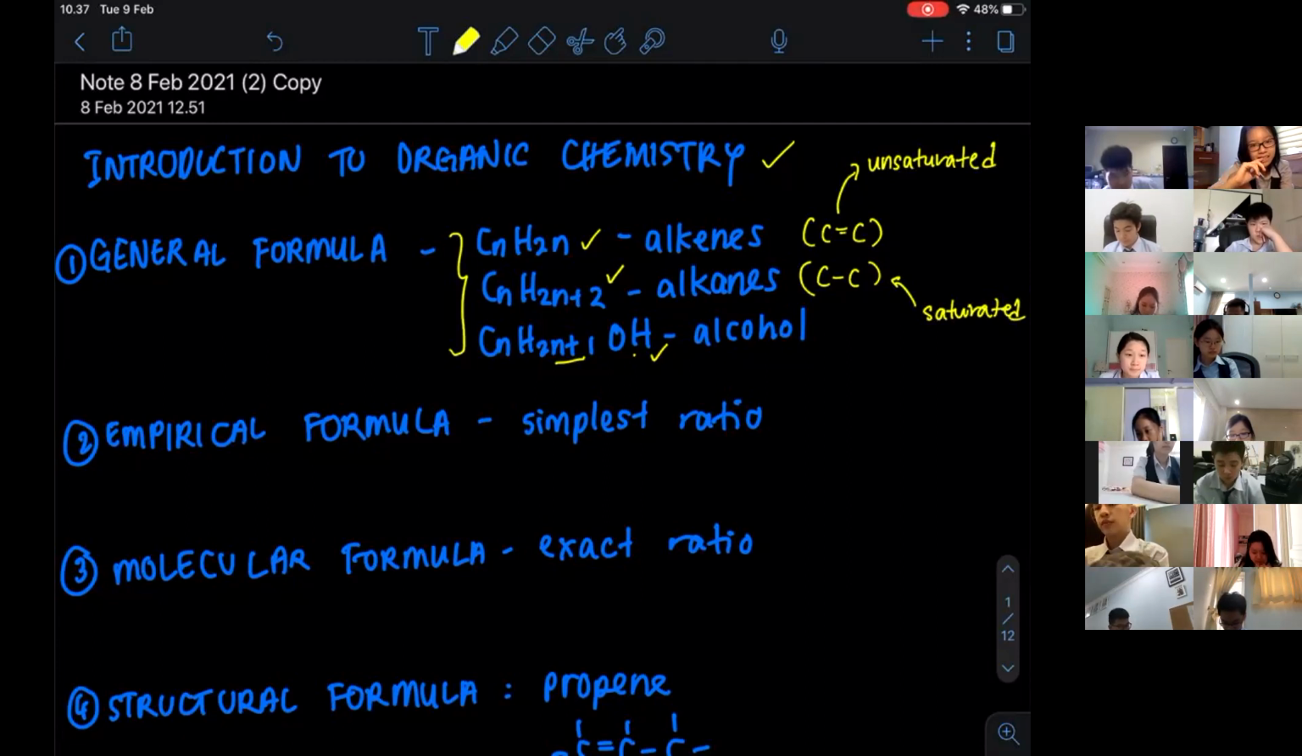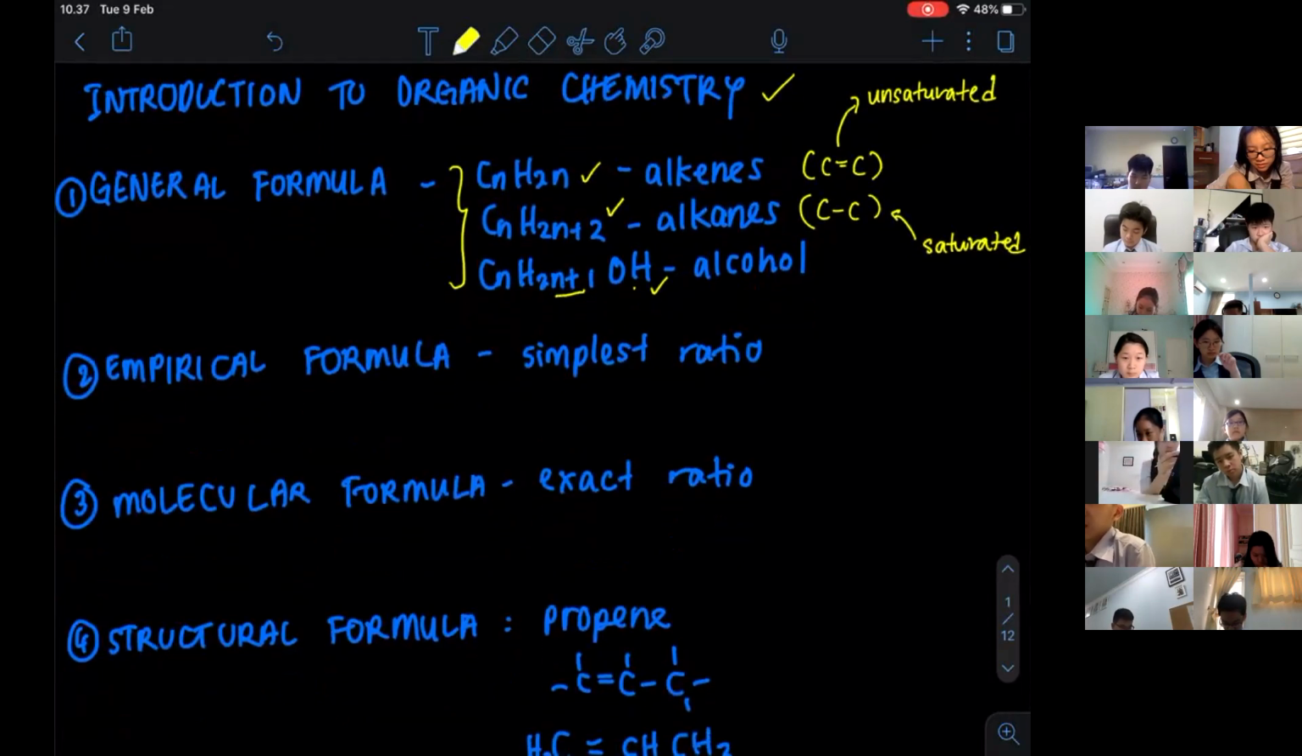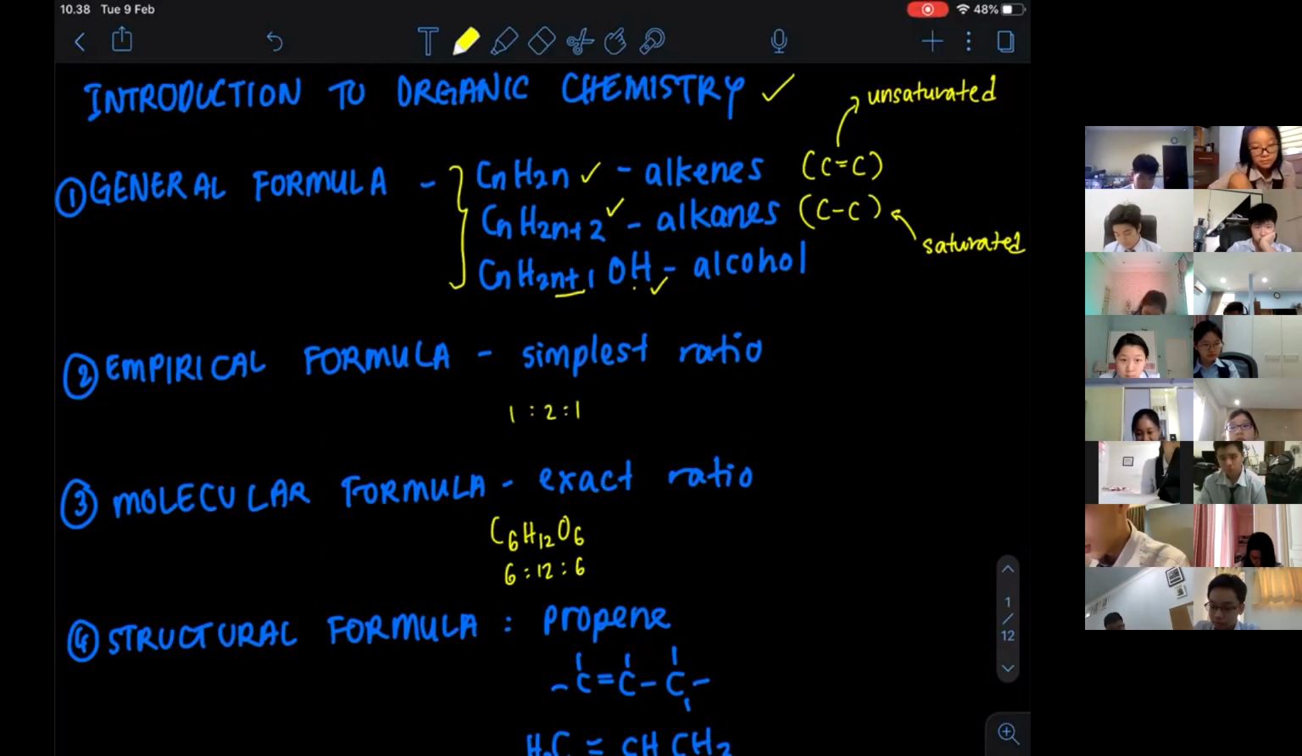Empirical formula is going to tell us the simplest ratio. So this is the formula that will give you the least detail compared to the others. You don't have a lot of information about the composition of the molecule. For example, a molecular formula, let's say carbohydrate, we have C6H12O6. The exact ratio is 6, 12, and 6. If we divide everything by 6, you are going to get the ratio of 1, 2, and 1. So the empirical formula of the same compound, you can write as